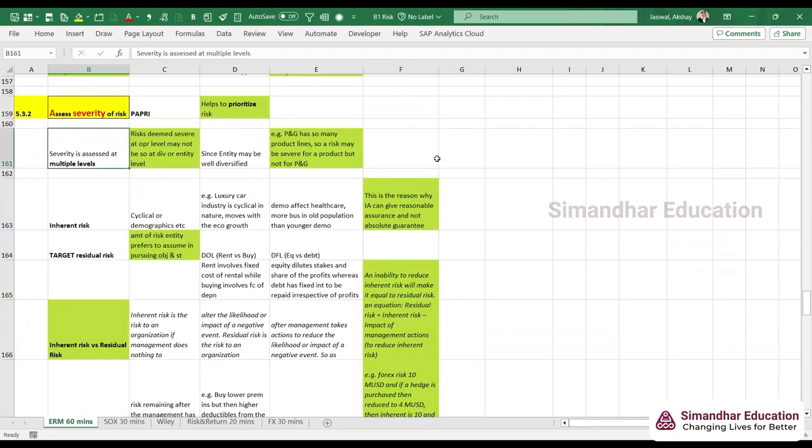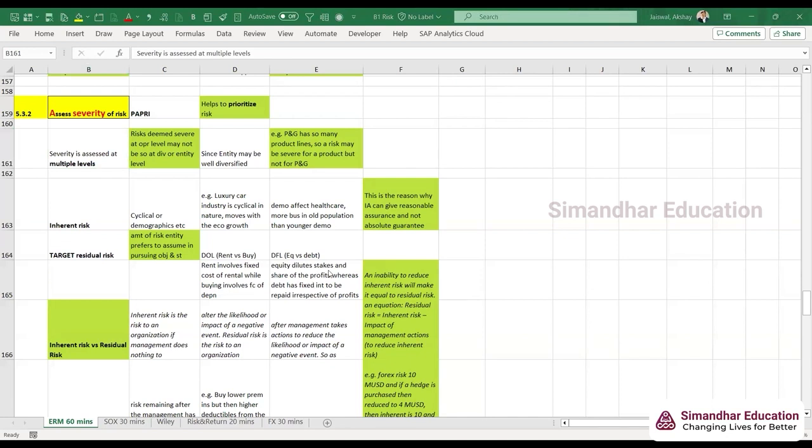There are a few things. First is, what is the risk that we cannot do anything about? What can be that sort of risk? For example, we are in the ice cream industry, right? We are selling ice creams. What I see is that while selling ice creams, my sales go down in winter and go up in summer. Can I do something about it? Can I do anything about it as an ice cream company?